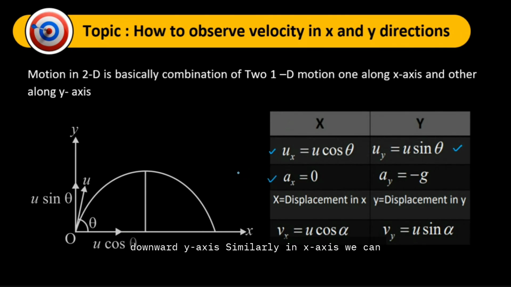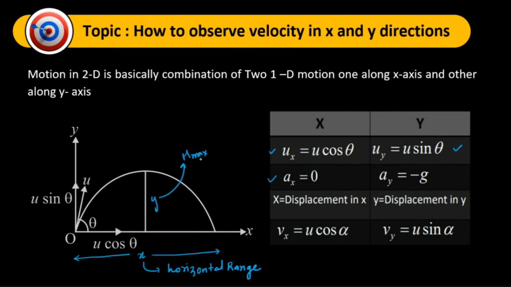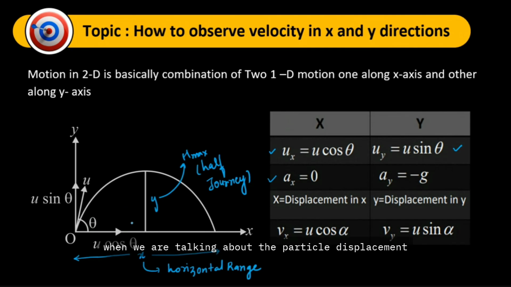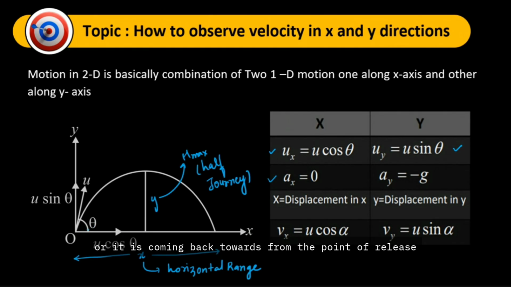Similarly, in the x-axis, the displacement can be represented by x, or by the horizontal range. This horizontal range is always given for the complete motion, the complete projectile, whereas if we talk about the y-axis, the displacement in the y-axis is called maximum height. But this maximum height is for half the journey, whereas for the complete journey, we already talked about it, it is going to be zero, because there is no displacement in the y-axis when the particle comes back to Earth from the point of release,